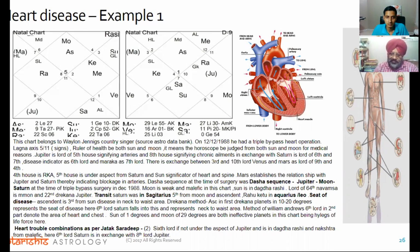Now here, if you go by it, the 4th house, as I said, is in the Rahu Ketu axis. At the time of surgery, the dasha sequence was Jupiter, Moon, and Saturn. Moon, obviously, as we have seen, is a part of the heart system. Then Saturn is the 6th lord here. Jupiter is the 8th lord here, and Jupiter is also the lord of the 5th house. So it is quite visible from the dasha sequence Jupiter, Moon, and Saturn at the time of triple bypass surgery,